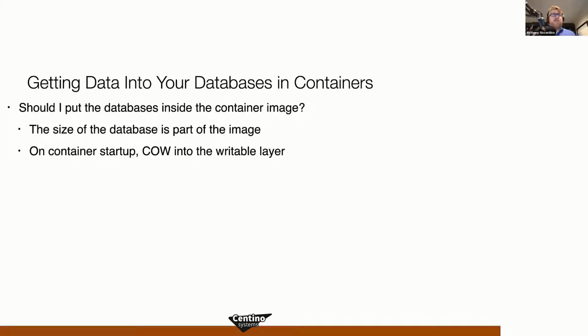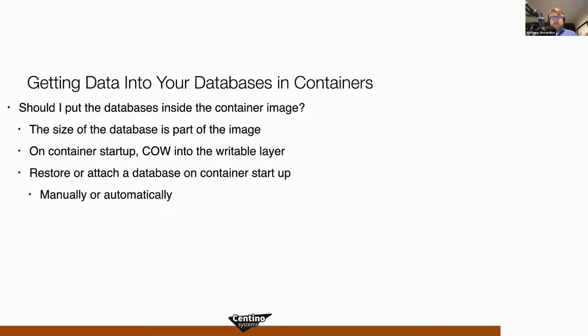And so that's another reason why you don't want it inside the container, because it's a waste of space, but also it's just not something that can be managed very easily at deployment time. And so what we're going to want to do is either restore or attach databases at container startup. So I'll deploy, and then I can either manually or automatically restore or attach databases. We're going to walk through some automated restore examples today. But a good friend of mine, Andrew Prusky, on GitHub has blog articles and demos on doing attachments too, if you want to check that out.